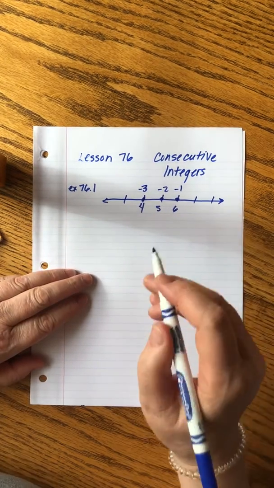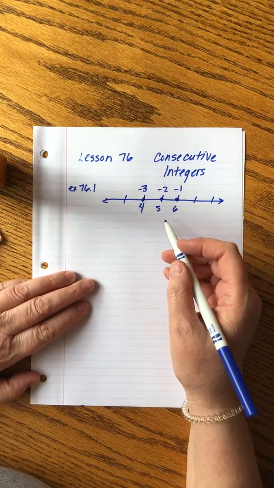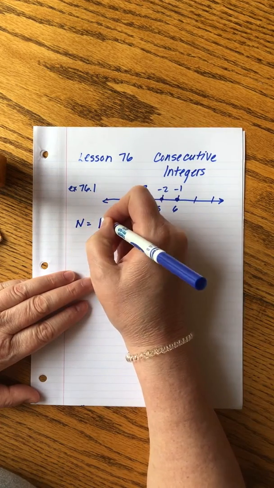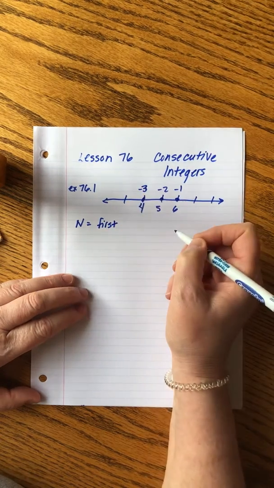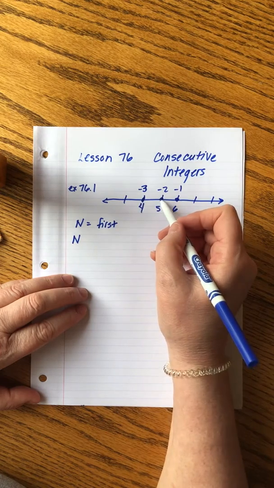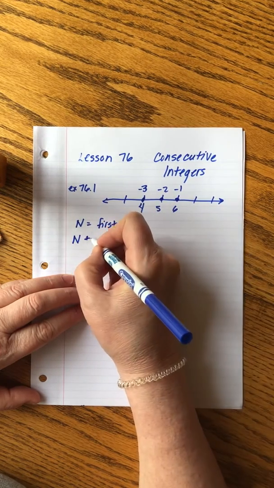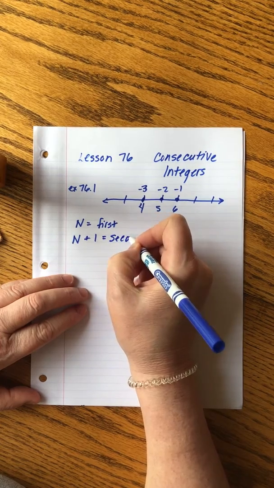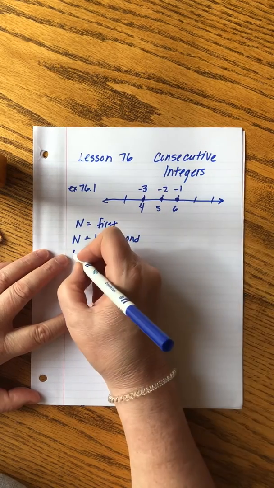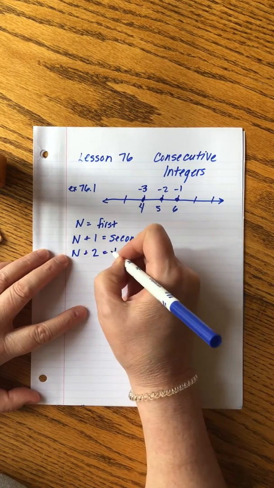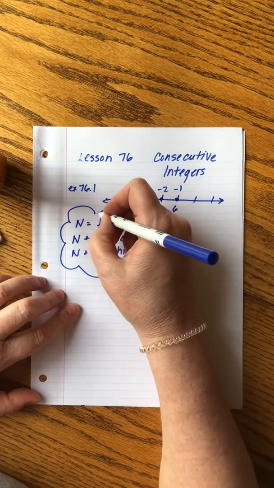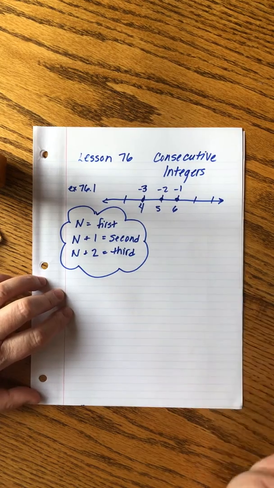The key to setting up these problems is doing the variables. It says find three consecutive integers. So what we're going to do is call the first one n. Then for the second one, instead of using a different letter, we're going to say n plus 1, right? Because that would get us to the next jump. That will be the second one. And then guess what we're going to do for the third one? N plus 2. This is the secret to these problems. Once you understand how to set up the variables, then the rest of it becomes fairly, and I do say